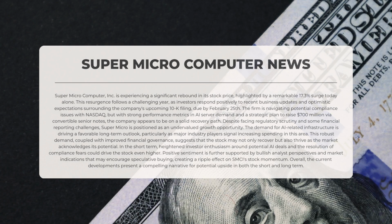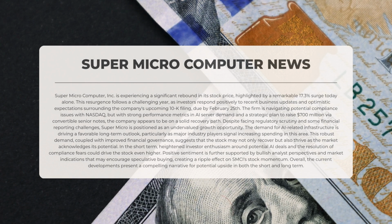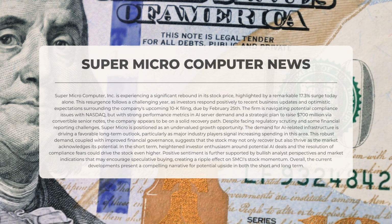Supermicrocomputer Incorporated is experiencing a notable rebound in its stock price, highlighted by a remarkable surge of 17.3% today alone. This resurgence follows a challenging year, as investors respond positively to recent business updates and optimistic expectations surrounding the company's upcoming 10-K filing, due by February 25th. The firm is navigating potential compliance issues with NASDAQ, but with strong performance metrics in artificial intelligence server demand and a strategic plan to raise $700 million via convertible senior notes, the company appears to be on a solid recovery